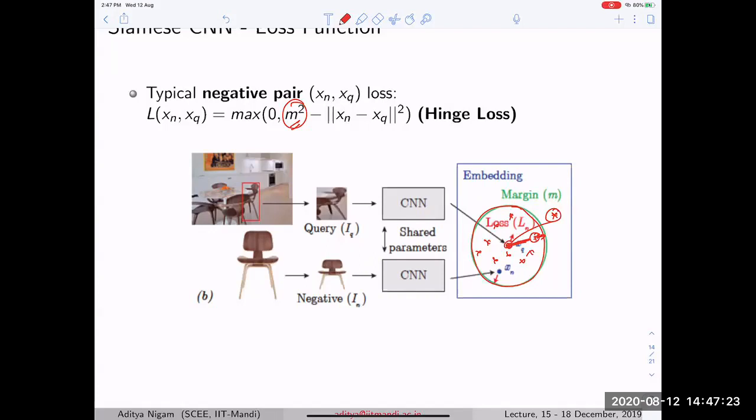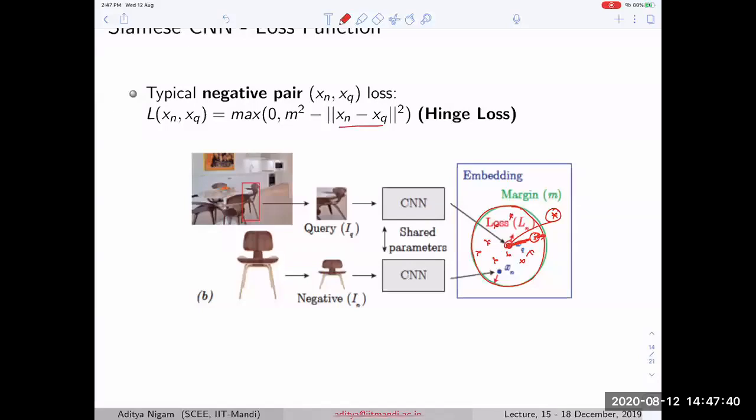That is why it is called hinge. We are making a hinge between you and the other. If you wanted to somehow come up with social distancing, this has to be the loss. If the Indian government can apply this, then next time you will see that corona cannot spread like this.